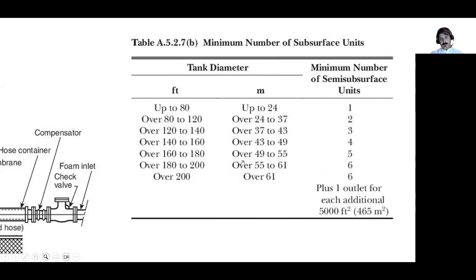One other thing we need to mention is the minimum number of subsurface units, and this is how many inlets should be installed in the tank. This depends on the size of the tank, the diameter of the tank. For tanks that are below 24 meters in diameter, then a minimum of one subsurface inlet is required. You can exceed that. However, whenever you add more than one subsurface outlet discharge, we need